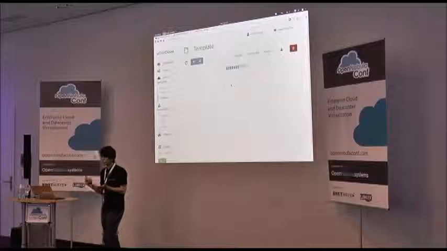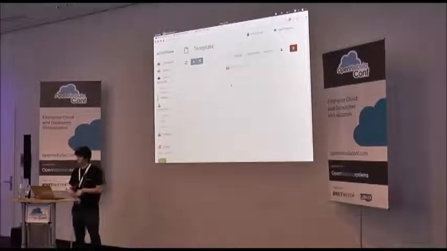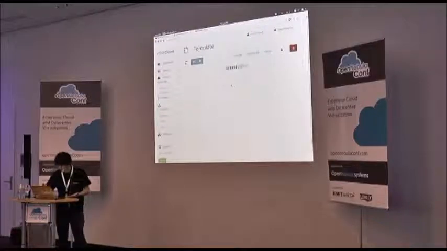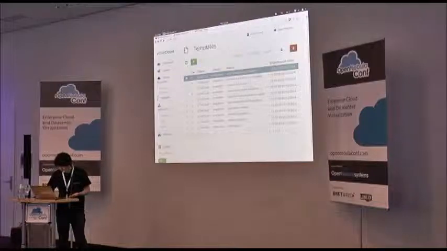All of these things are created in vCenter, so you don't need to change your way of working if you're already working with vCenter. And normally this goes faster, I have to say, but